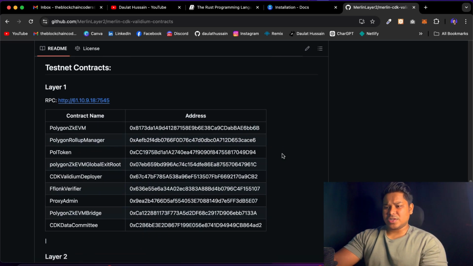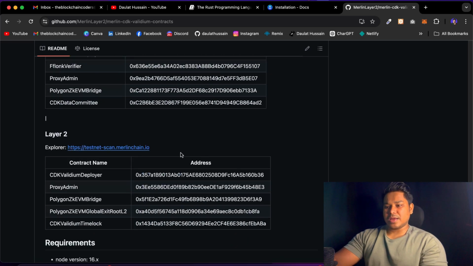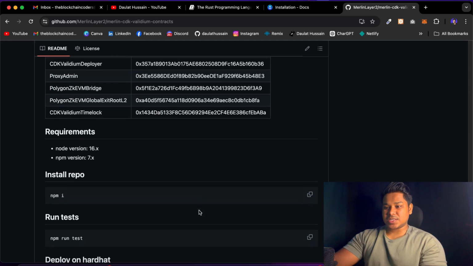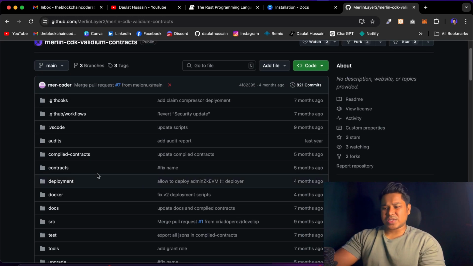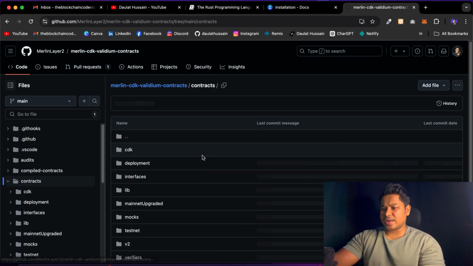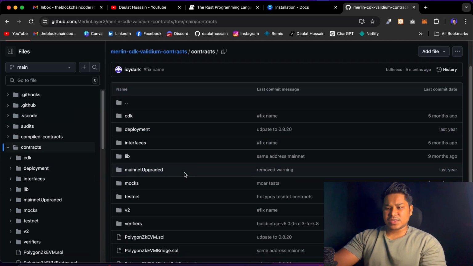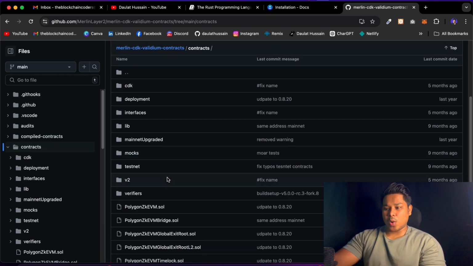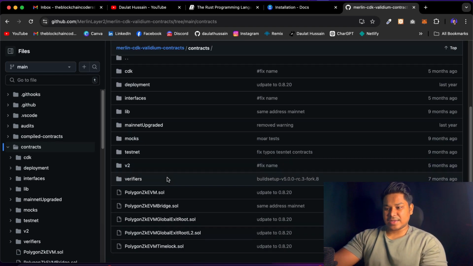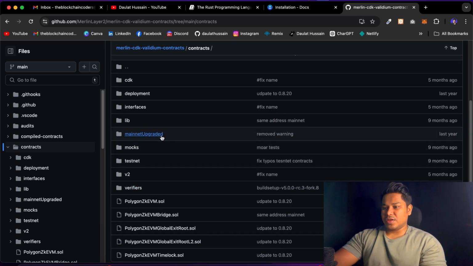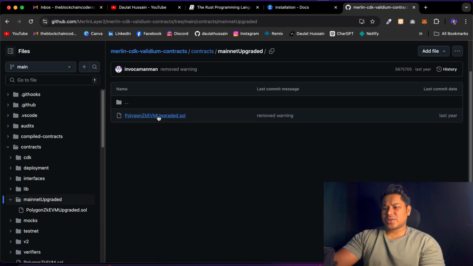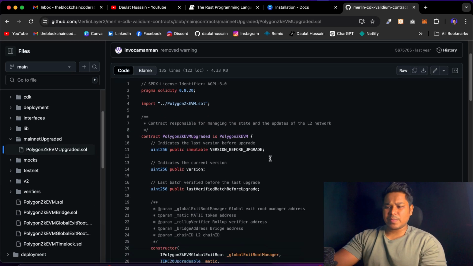Here you will find all the details about layer 1. Here is layer 2, and you will find the contract addresses and how you can execute. You can simply clone the repository, or get the contract and check it from your end. If you come back to the contracts, you will find a lot of interfaces. We have a couple of tests, the deployment and libs. You can check one by one what each is exactly. You can see we have the Polygon zkEVM, and here we have the upgradable. You can click one and have a look at what logic they have implemented,